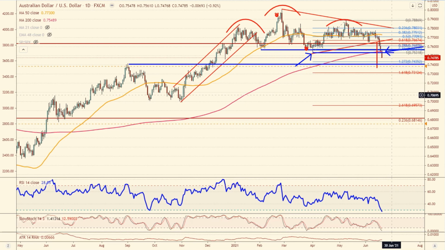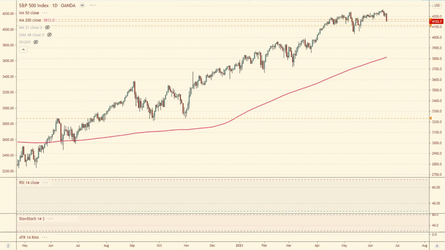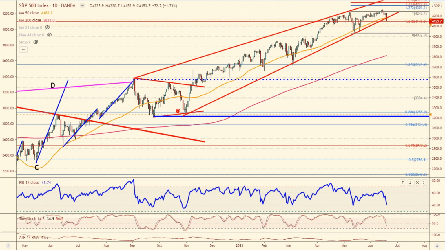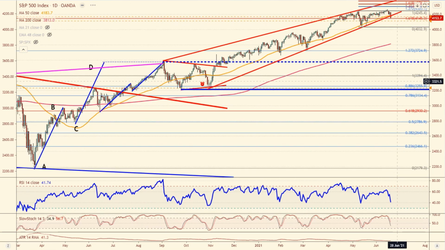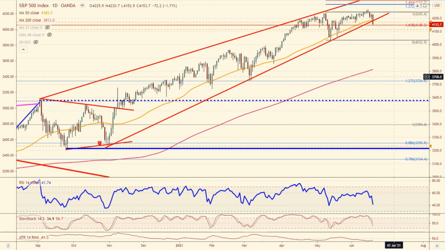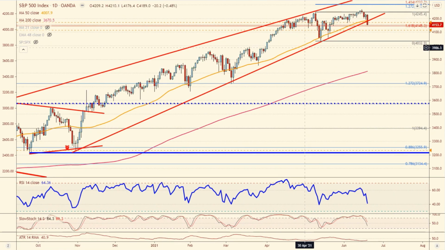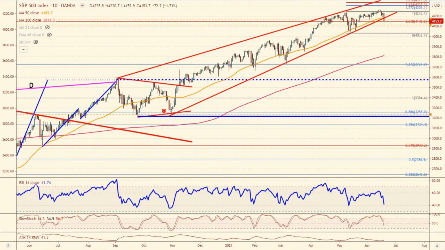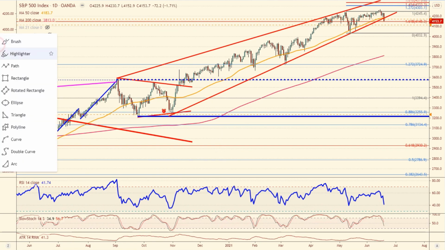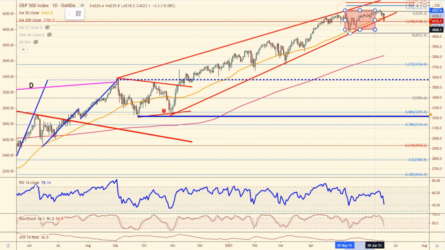And I'm going to start with the S&P first. This is such a key chart that really has me worried that the dollar may have further to go. I think a lot of people believe that the S&P is in a trading range. At this moment in time, I don't have any reason to believe that we won't be range bound. When I say range bound, I'm talking 4250 down to maybe 4200. I think that could be a realistic range for the S&P.